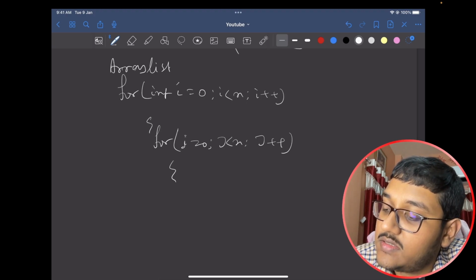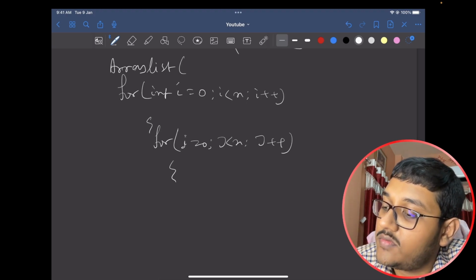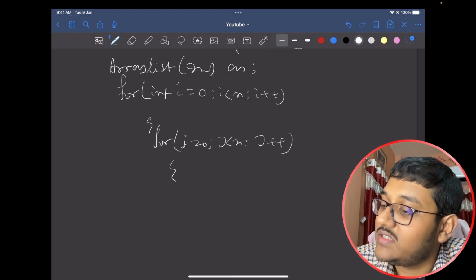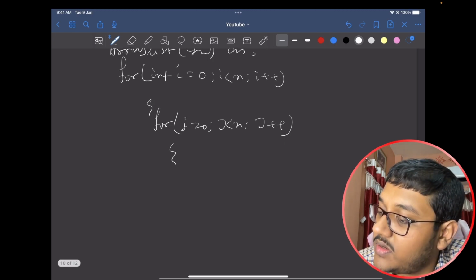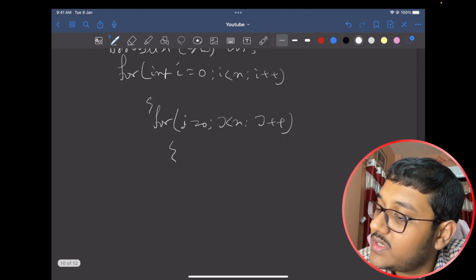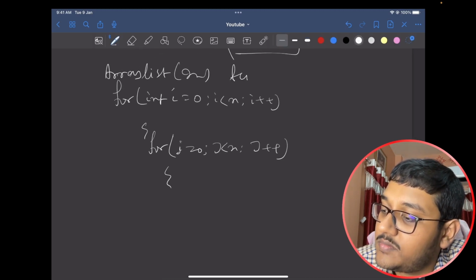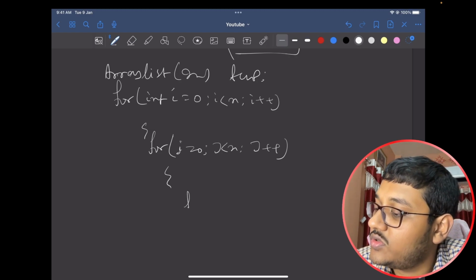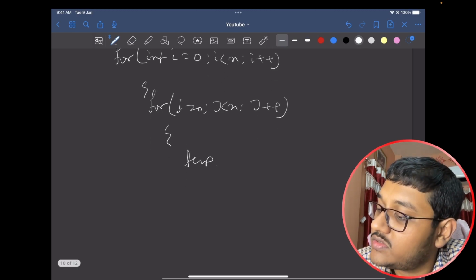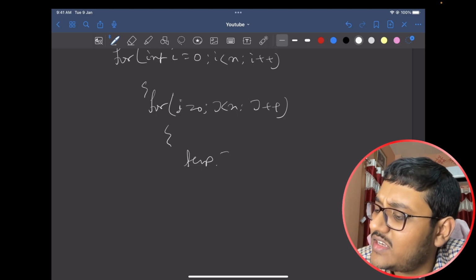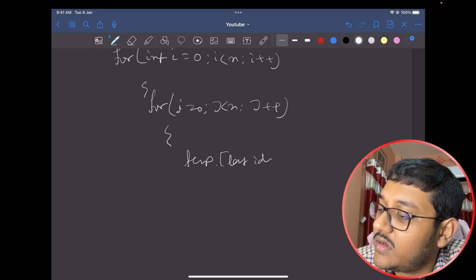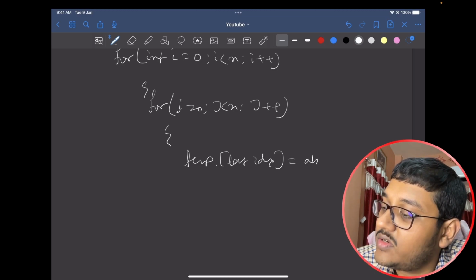So we create an array list, or an array, of integers, like answer equals new ArrayList in Java or something like that. In a programming language it may differ. So we take that the array list name is temp array. In the temporary array, at the last index, we will just append